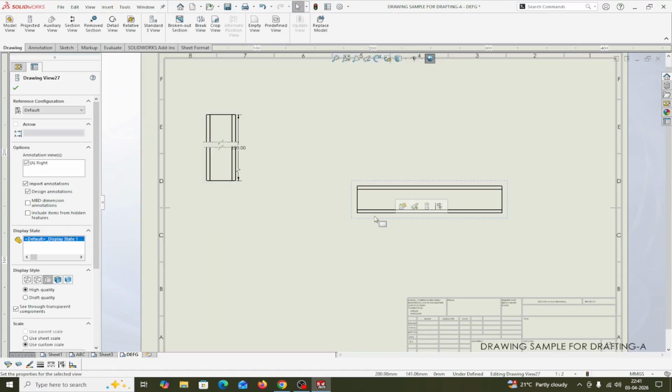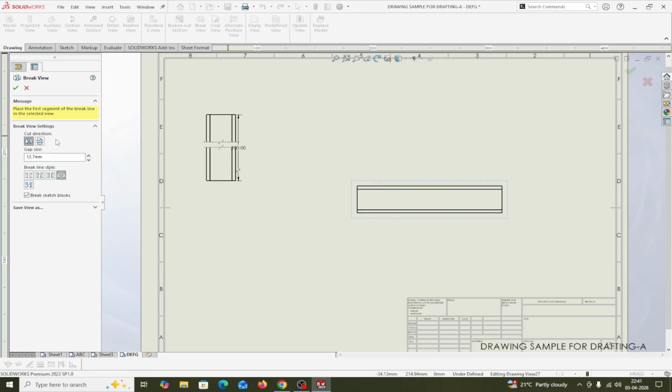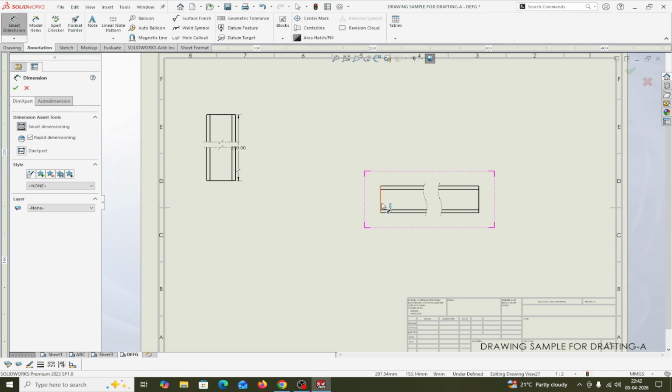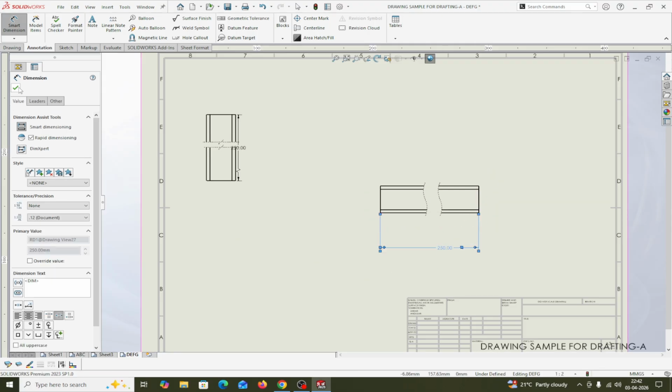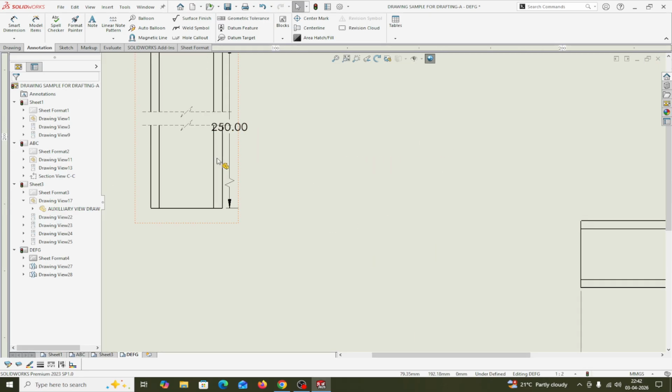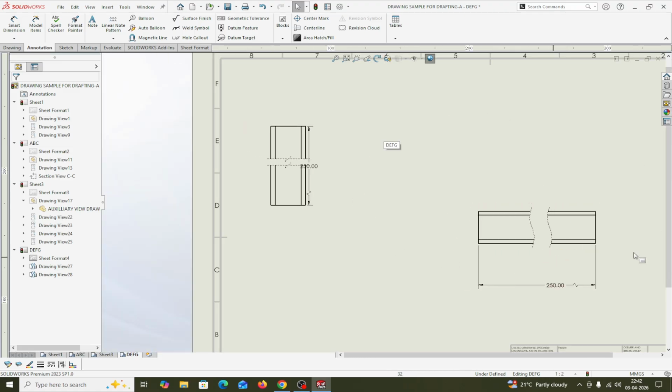Suppose this is this one, right? Select it, break view, and suppose I take this style. This is the vertical orientation I am taking. Select one point and another point. The length of this becomes shorter, but the actual length remains the same. If you measure with annotation, smart dimension, the actual length will be the same. You will see, this is 250. This represents that the object is shortened. Length is short, but actual length will remain the same. So you will see this length is the same, but only in order to accommodate in the sheet, it becomes